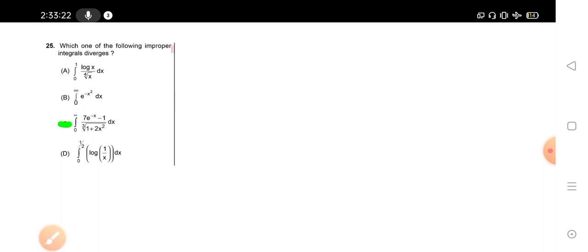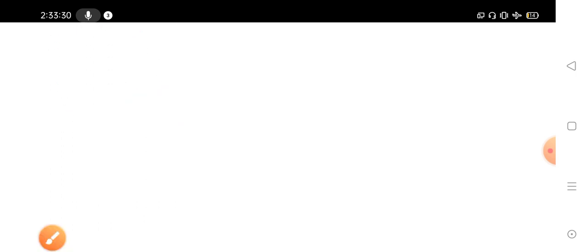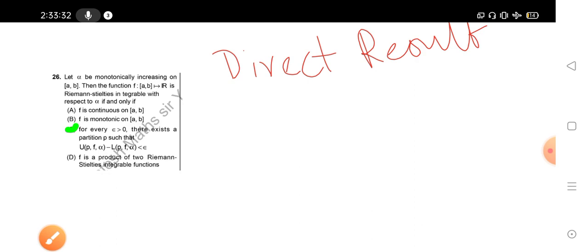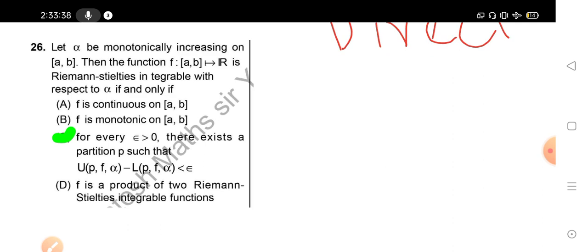Next question: which one of the following improper integrals diverges? Here we are asked which diverges. Here option C is correct. Next question: let alpha be monotonically increasing on the closed interval AB. Then the function f from AB to R is Riemann-Stieltjes integrable with respect to alpha if and only if, this is a direct result,